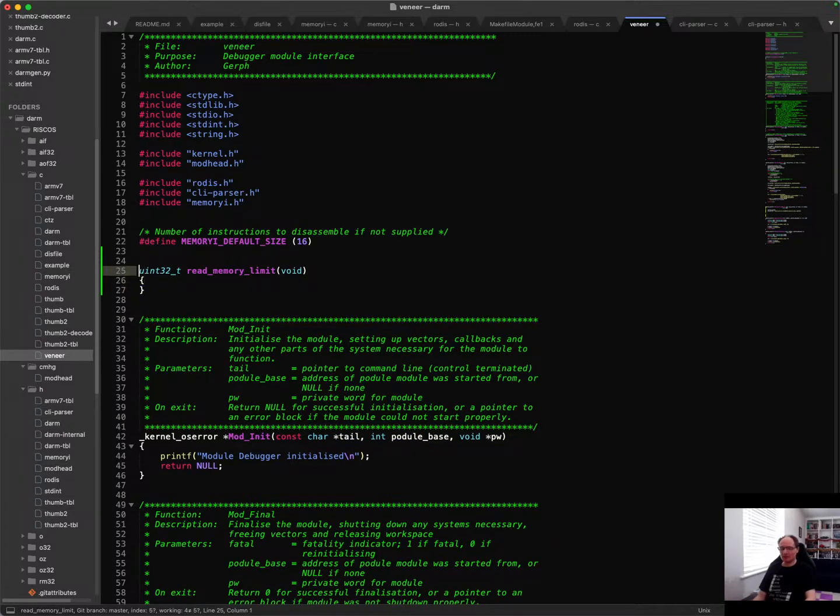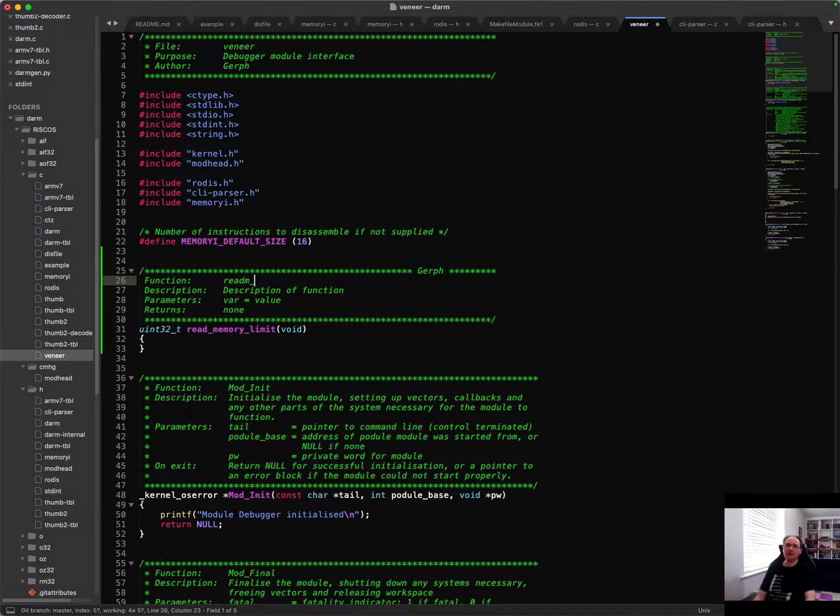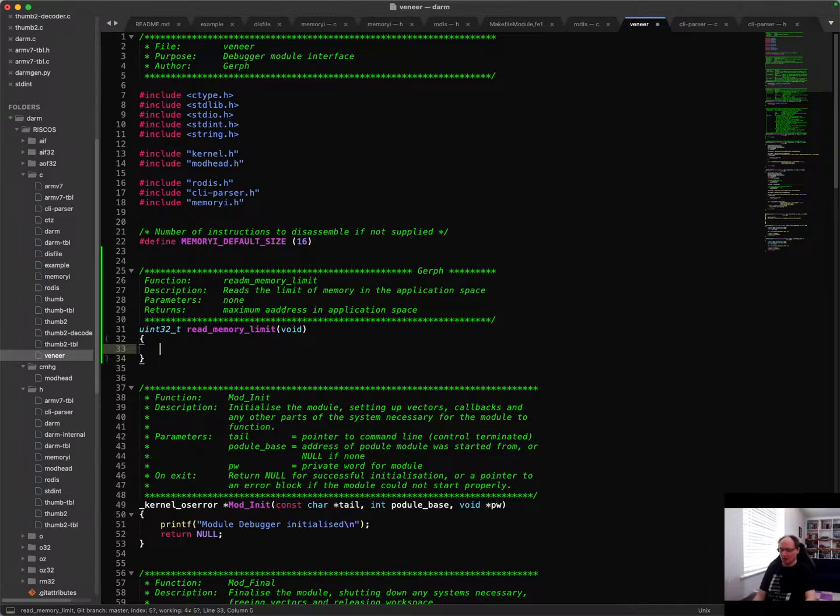We just need to read it. Okay. So read memory limit takes no parameters. Oh, I forgot to describe it. Needs limit of memory in the application space. I mean, strictly, I should probably actually read the base of the application space as well, so that we know the two bounds. But I'm just going to leave it at this for now. Returns maximum address in application space. Kernel error,